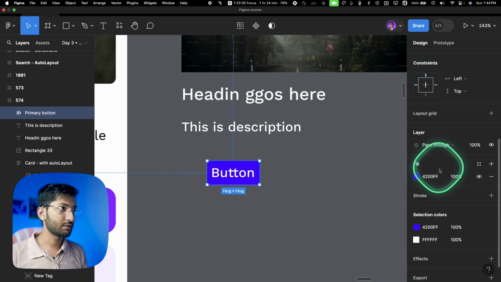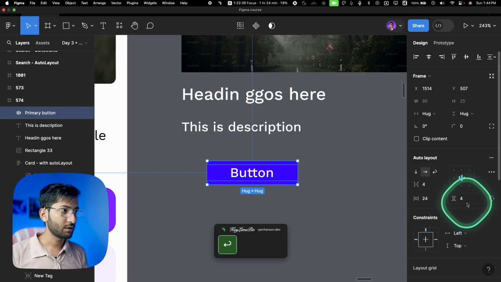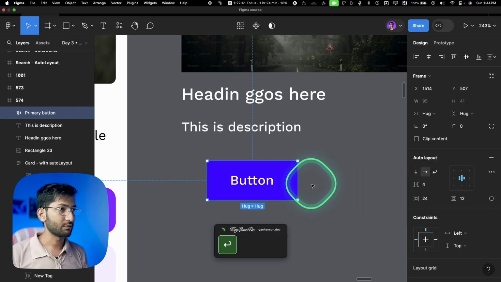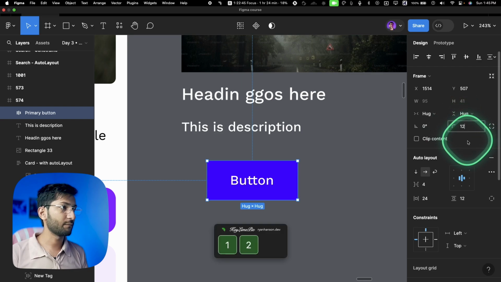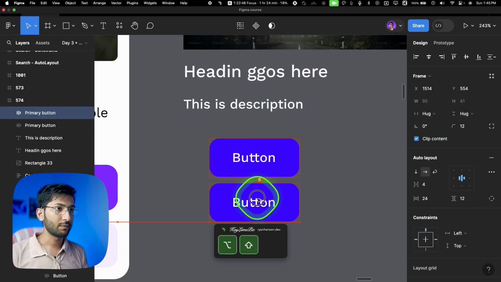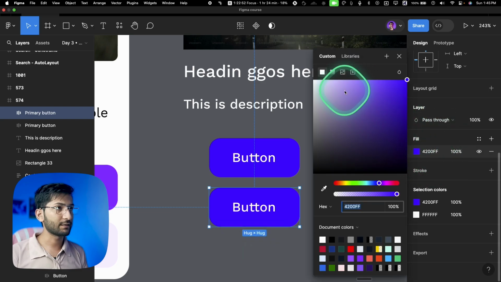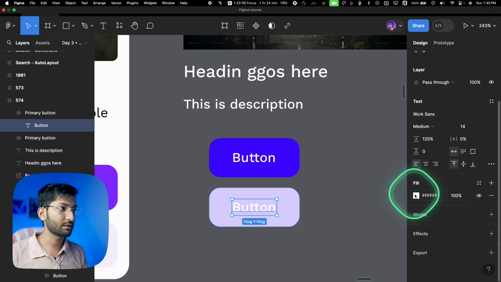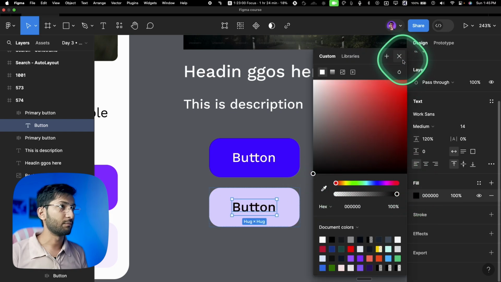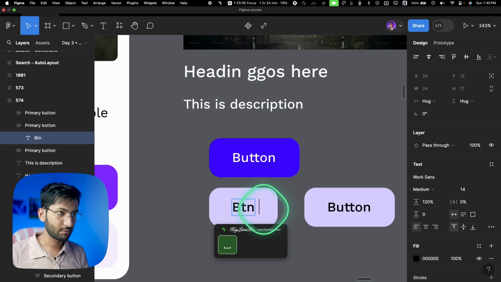And we will adjust the spacing of this thing, from left to right it will be 24 pixels, from top it will be 12 pixels. And it will be aligned to center. Let's round the corner to 12 pixels. I will copy this thing and change the color to a little lighter. You can copy the exact hex code if you want, or you can use your own color. Simply go inside and select the text, change the text color to black. I will copy it. Let's say button 2,